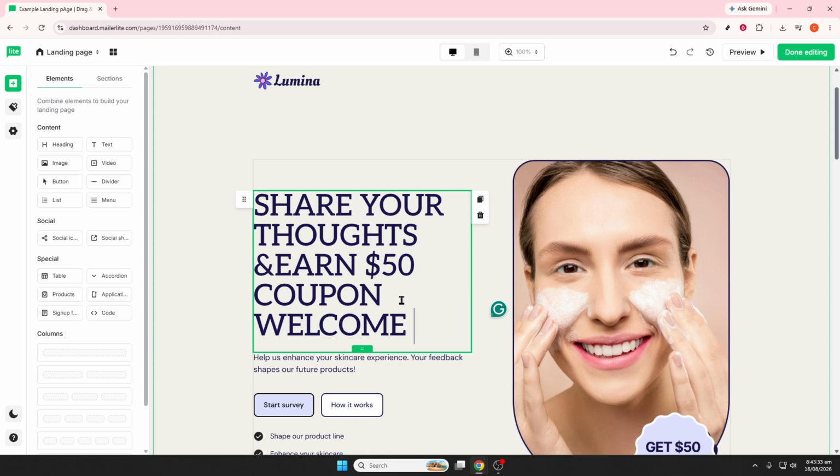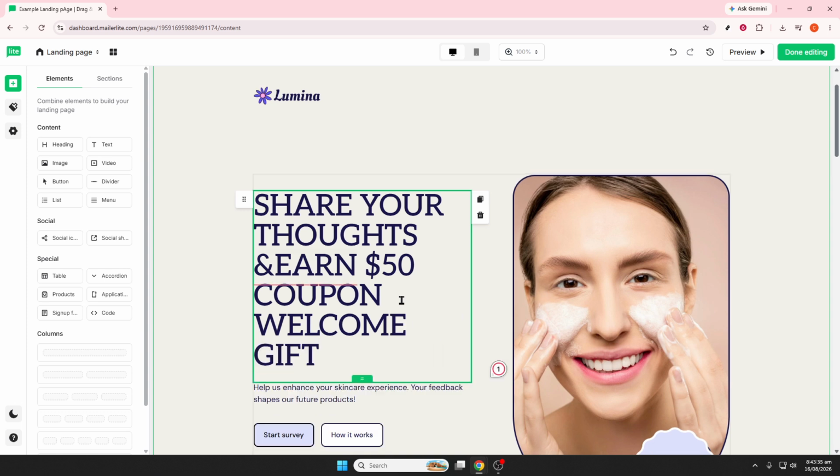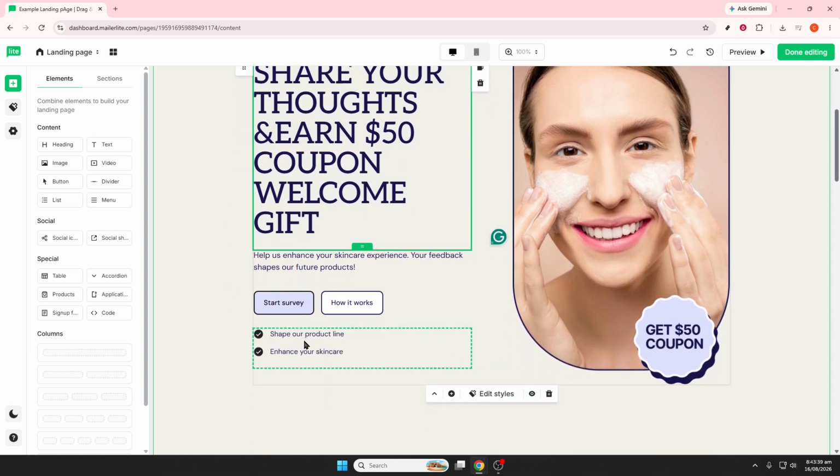Click all buttons and links and submit the sign-up form using a test email to confirm the subscriber goes into the right group. When everything looks good, click Save and Publish, then choose a Mailerlite domain or connect